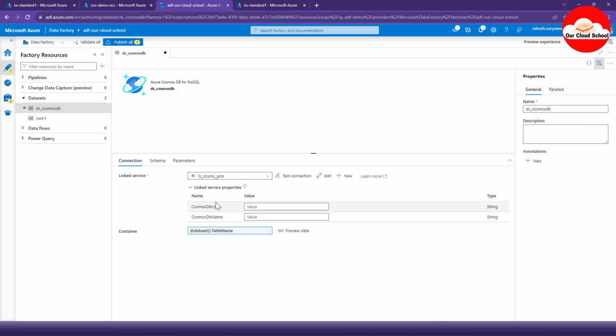So now we have two parameters in the linked service, and anyone who wants to use this linked service, like a data set, needs to provide the value of those two parameters. Anyone who wants to use this data set needs to provide the value of this container or table name parameter. Now if I would like to test the value of these parameters, or if I want to import my schema here in the data set,